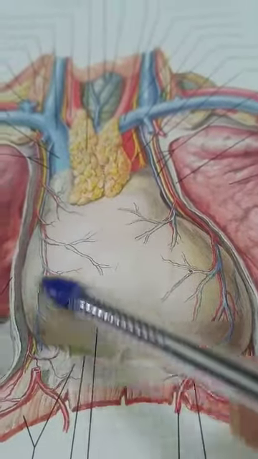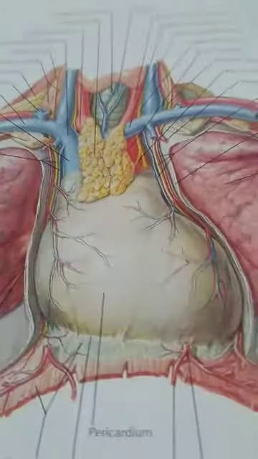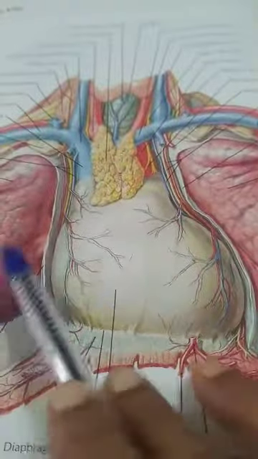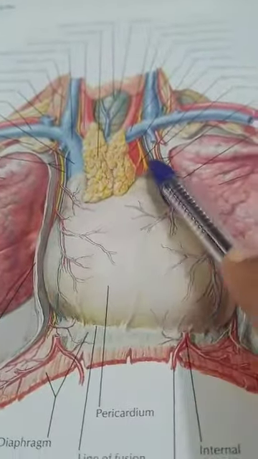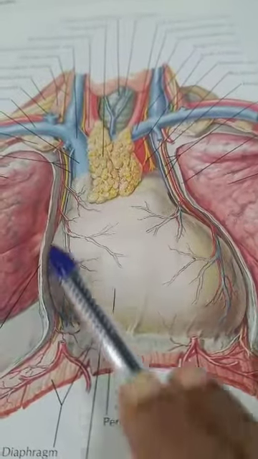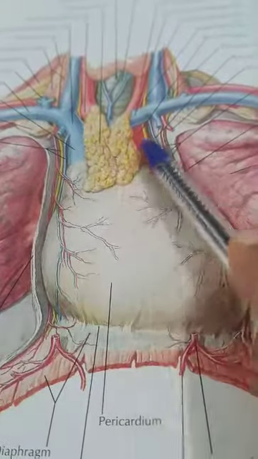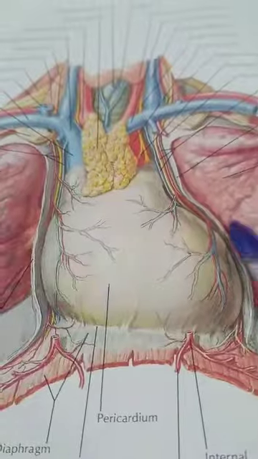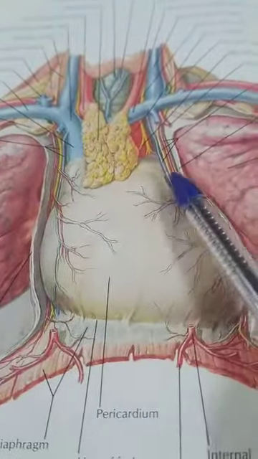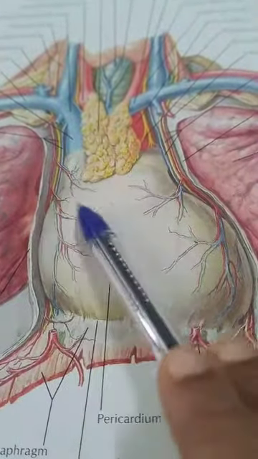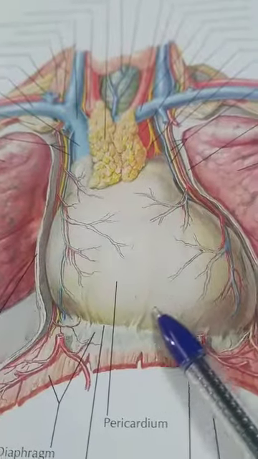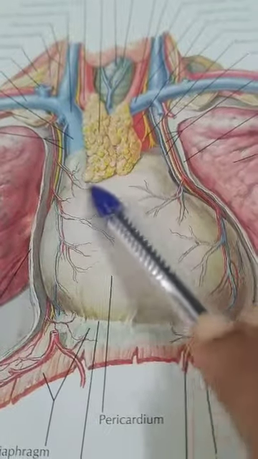So this is the heart. Here we can see this is our thoracic cavity. On either side there will be right and left lungs, and the middle part, this space, is known as the mediastinum. The space which is occupied by the heart and the blood vessels, between the two lungs and between the two pleura. In the mediastinum we can see the heart, which is covered